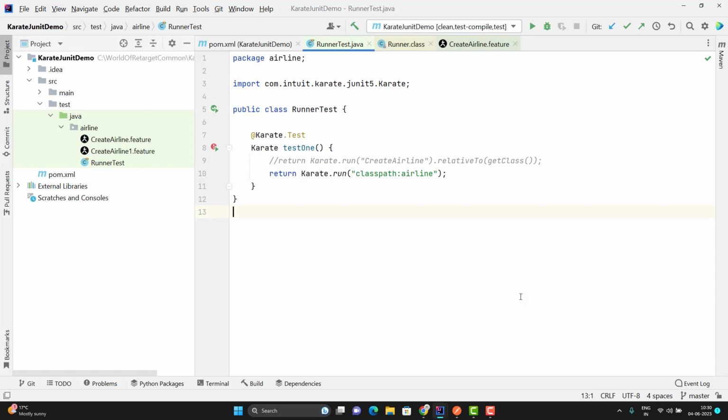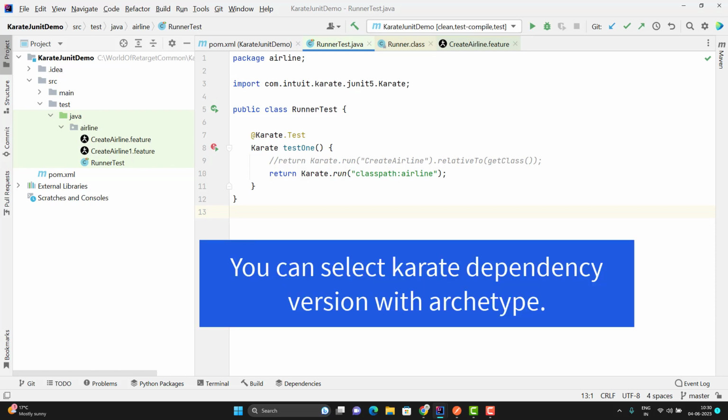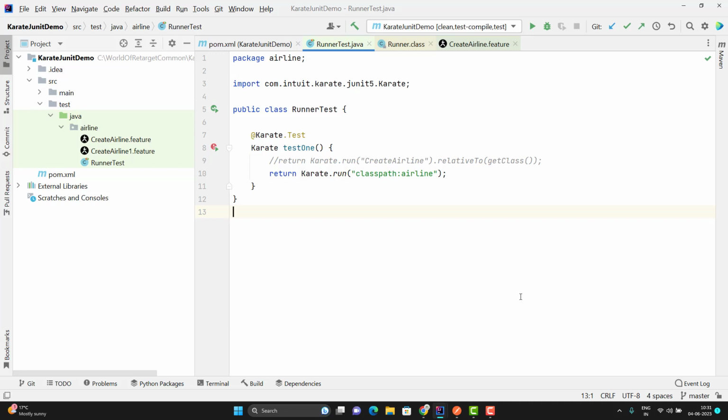But when we are good at basics, there should be a way to quickly start with Karate framework. For that we can use the Karate archetype. We can create a project using it. It will create a main project with the latest dependency, all the Java version configuration, and POM related configurations. It will give you the suggested folder structure as well.